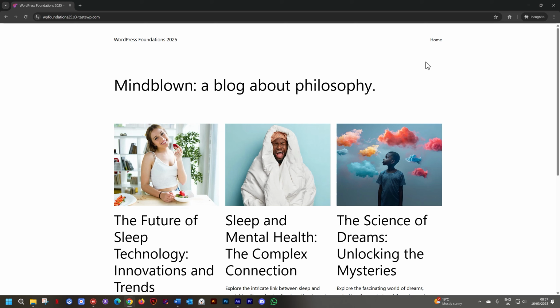The reason it's not displaying the home page is because WordPress has no idea that you even have a home page. That's not how WordPress works. WordPress focuses on putting blogs first. So we have to make a change and we have to go instruct WordPress. This page I've created called home page, this is the page I want people to see when they come to my website. Let's close the incognito window.